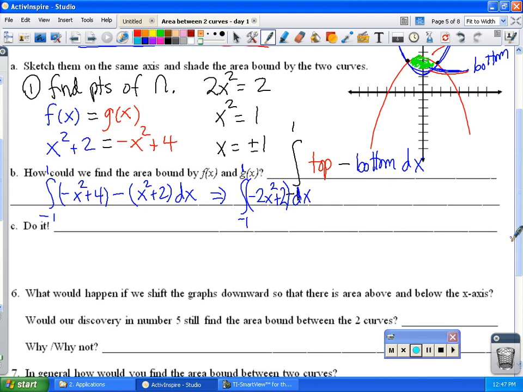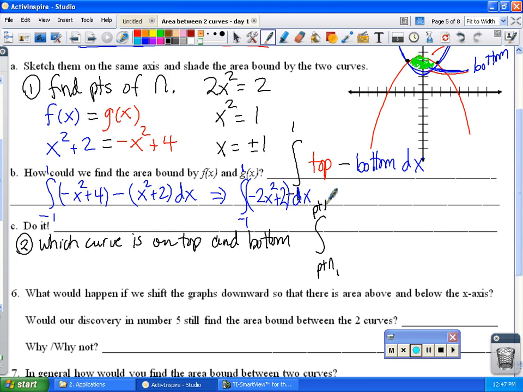Hopefully you can also see the second thing that I had to figure out, and so number 2 is which curve is on top and bottom, because every single time we're going to go from point of intersection number 1 to point of intersection number 2, top curve minus bottom curve